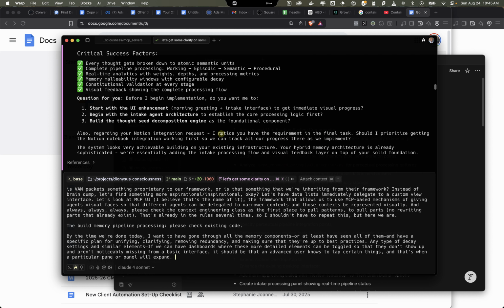The thought seed decomposition is a foundational component. Ultimately, I want to make sure that's working well and that different elements can be seen. Therefore, I want to look at the attractor basin and see what features the current attractor has, what the context engineering course's initial attractor has, what elements we've added to enhance the attractor, how that attractor relates to the